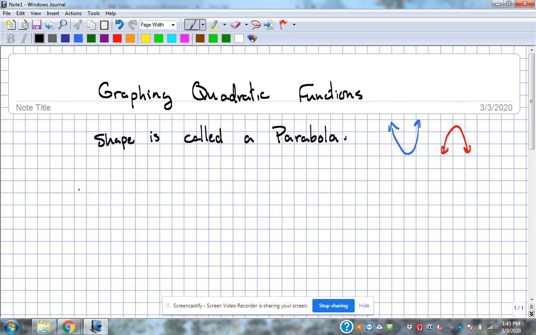a parabola. And the way assessment goes on this, I'm going to ask for individual pieces, not everything for every single problem. We're going to practice doing everything for every single problem. But the way you want to think about this is to be able to find an individual piece. Like if I say find the vertex, be able to do just that instead of having to do the whole problem just to find that one piece. So as you're going through this, we're going to look at them as individual pieces, but they all interrelate